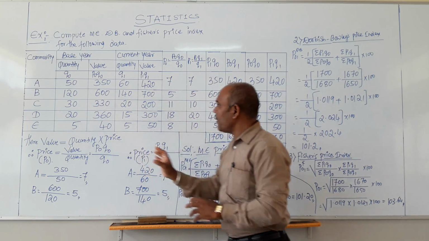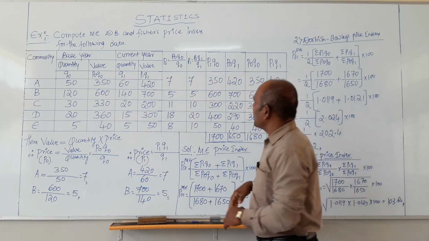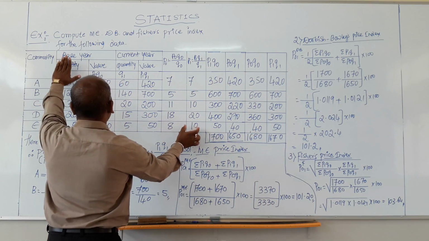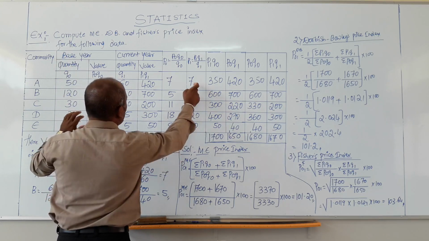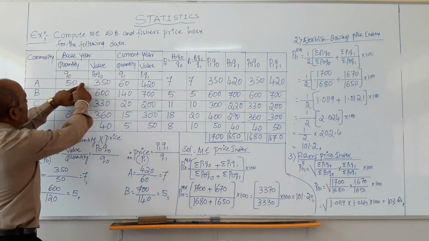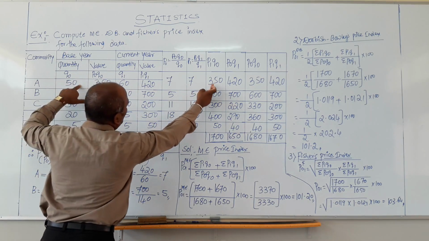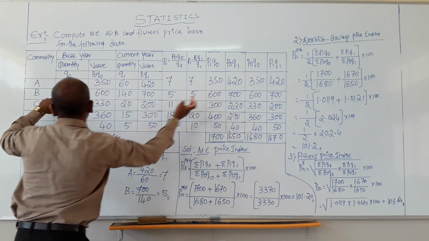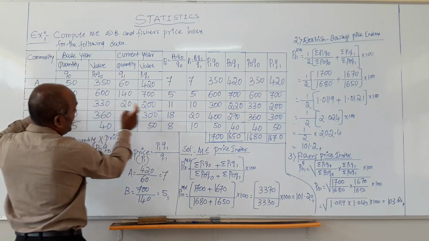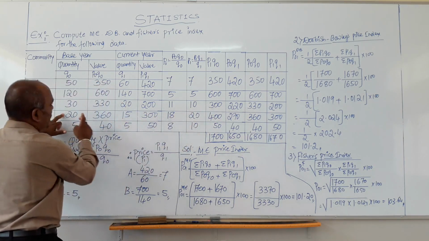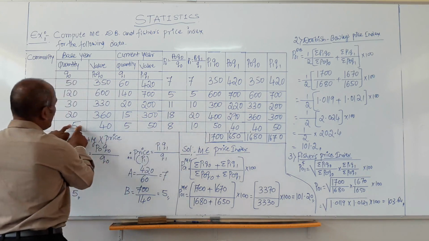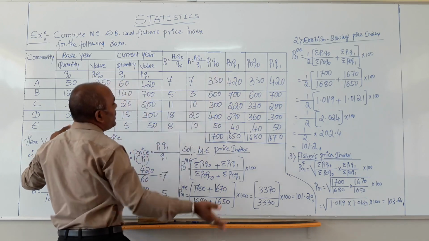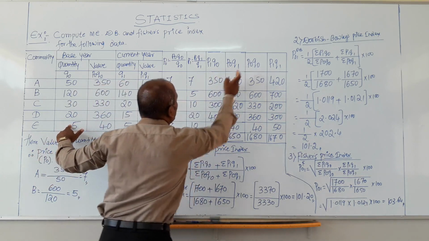Then only it will be complete. So P1 Q0 is nothing but, we already calculated P1 here and Q0, they are already given in the problem. So 7 into 50, or you can multiply 50 into 7 also, 350. Then 120 into 5, then result 330 into 10, 300, 20 into 20, 400, then 5 into 10, 50. Then we calculated P1 Q0, then we have to calculate again P0 Q1,